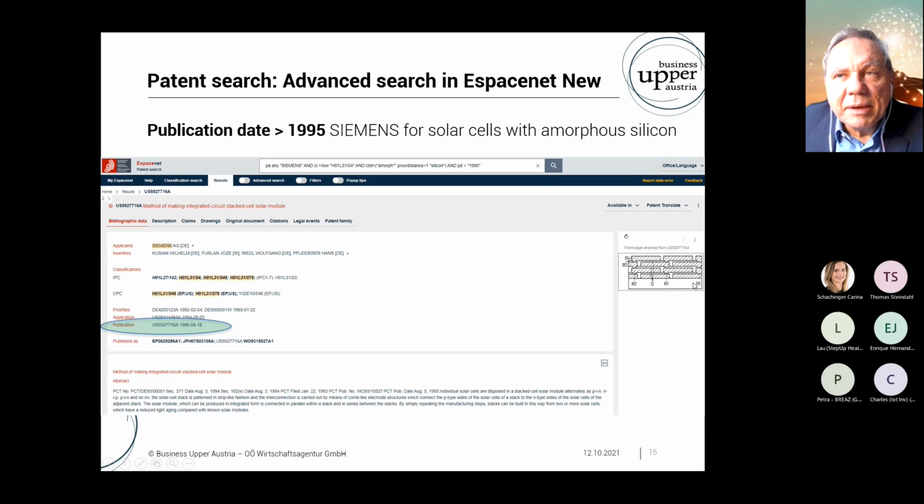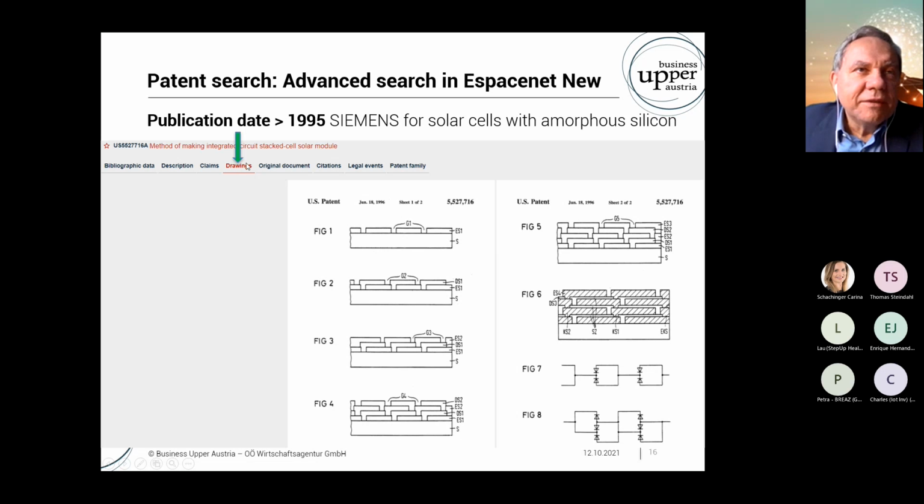And here is, a bit more indicative, or a bit larger, the front page drawing. But if you want to have this larger, then you can also choose drawings. And here you see that you get a quite detailed view on the drawings of this stacked solar cell module. This was a technology where you tried to increase the coefficient of conversion of the light energy by using stacked cells